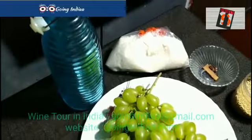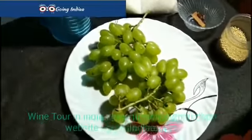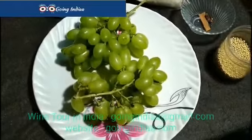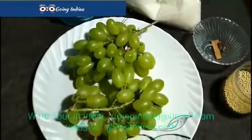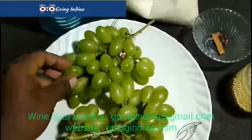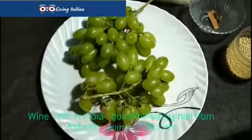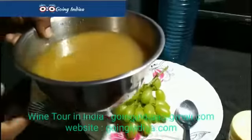The winery is spread over 25 acres, spanning 8 acres of vineyard, 9 acres of winery, and the rest 8 acres is open landscape. The fertile soil supports the growth of grapes in this location. Grapes are grown in 800 acres of vineyard around the Heritage winery in Bangalore to make quality wine, grown under